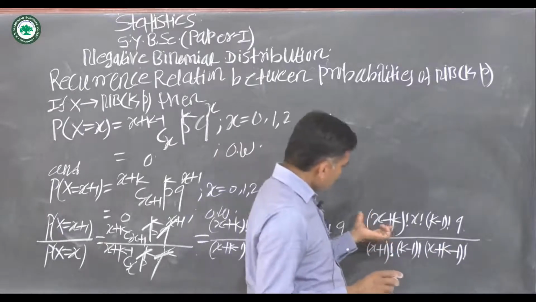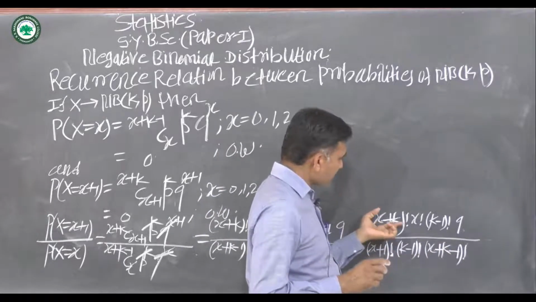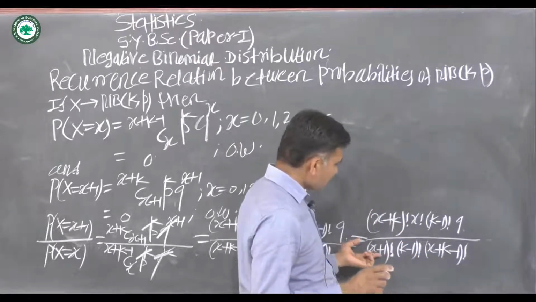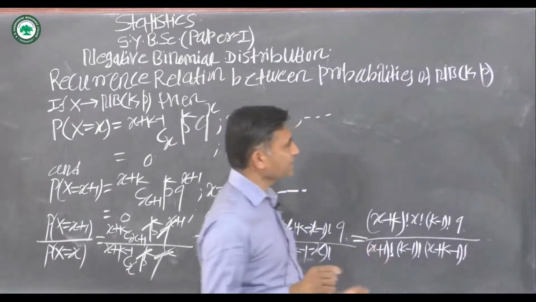Now we convert this x plus k factorial into x plus k minus 1 factorial and x plus 1 factorial into x factorial,